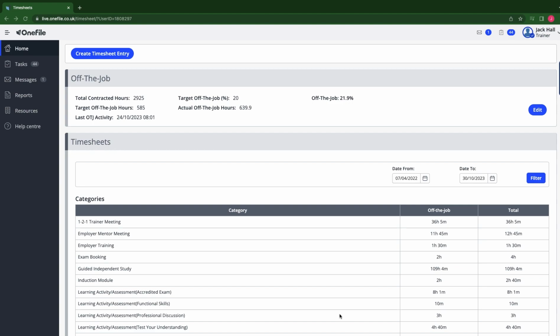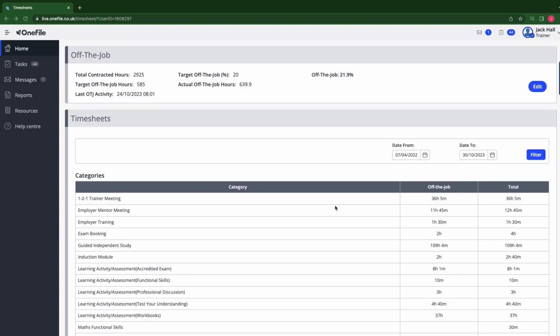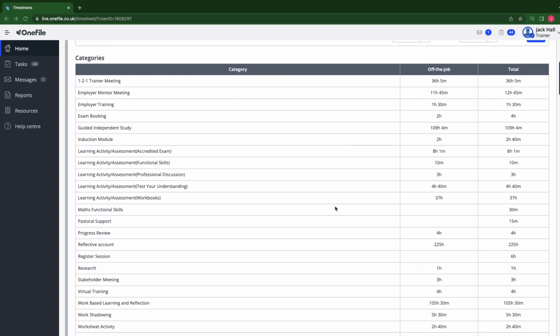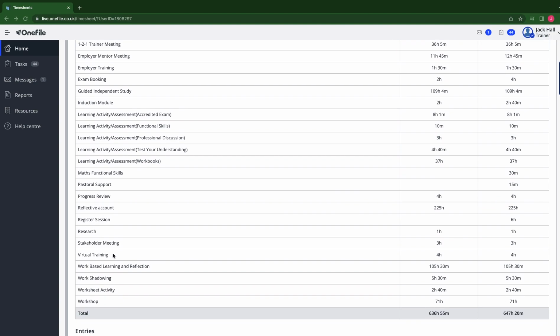Okay. If we look further down, we've then got the timesheet block, and in here it shows you a summary of all of the time that you've logged and the category that you've logged it as. So when you go into the journal and create a journal entry, there are those categories there, and it categorizes the number of hours for each category. It's also got register sessions, that's for attendance logs, and assessments as well. We'll have that as a category too. And it shows you the total number of hours logged and the total number of off-the-job hours that you've logged,